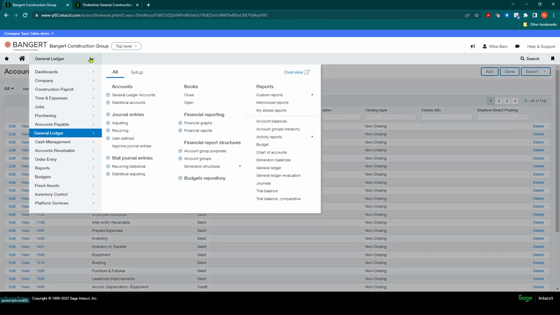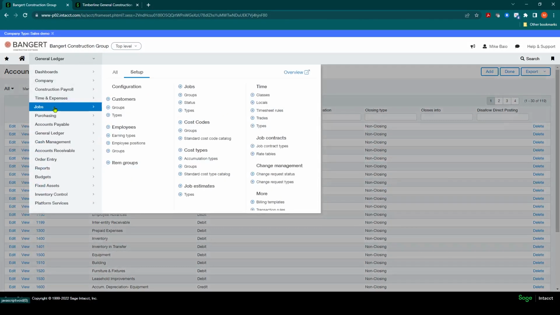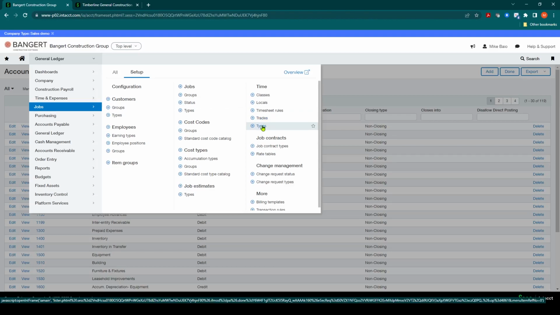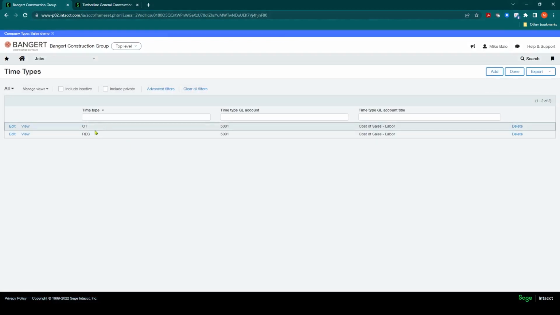And one last thing, in your jobs module, projects, if you go into Setup under Times, you want to establish your time types that you want to use to track and break out your different types of times that you're coding to the projects. And if you click on Types here, for example, we're going to break out our time as overtime and regular in the jobs or construction section. And later in the payroll configuration, you'll see we will link to those different types of payroll.